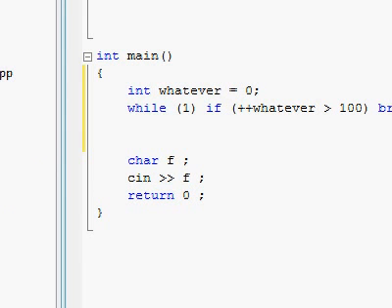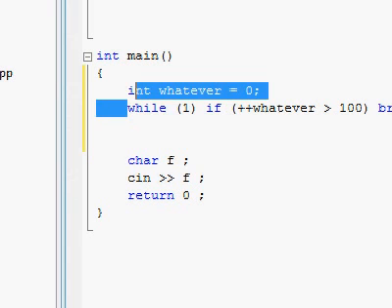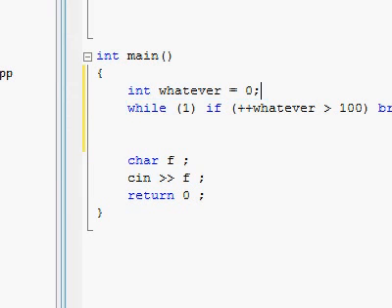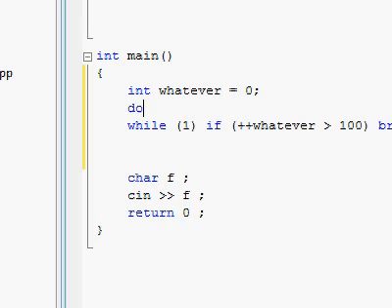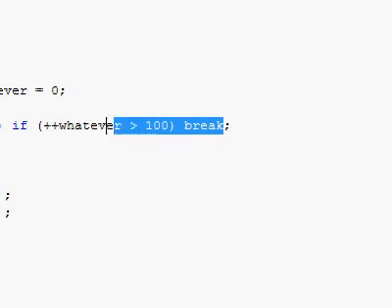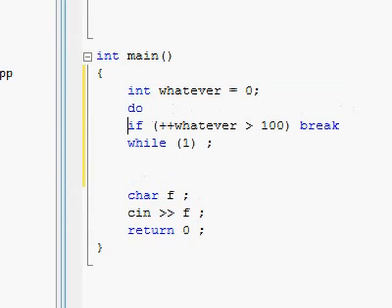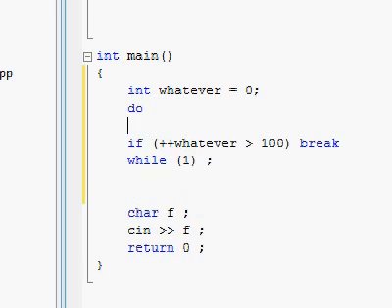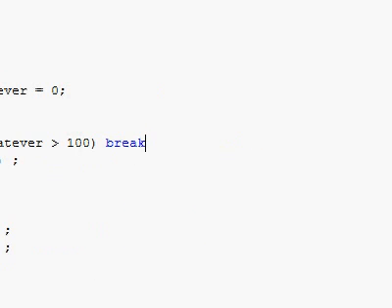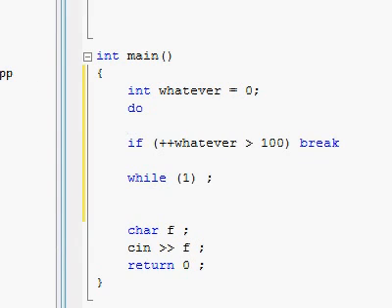And it's pretty much the same thing with the do while loop, same as what we've seen now with the while loop. It's just that the statement is going to be put between the do and the while, and if we want to have more than one statement, we'll have to use braces. Otherwise we can just leave it just like that,